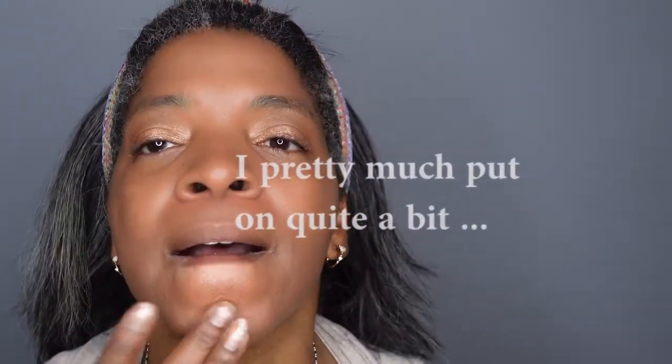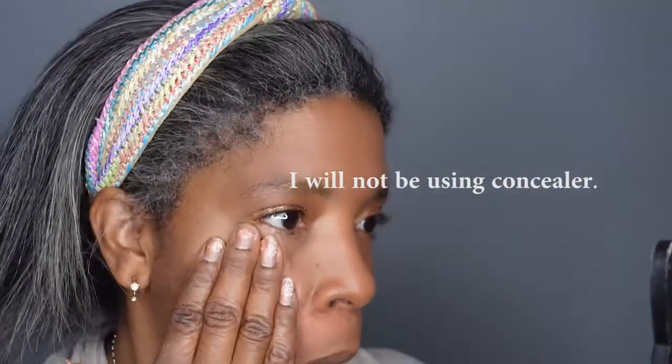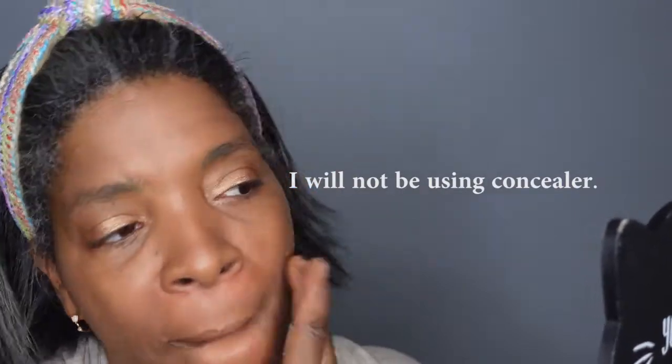I'm going to grab the mirror and just put a little right here. Going to grab the mirror and take a look. And it's tacky enough. I don't mean to slap my face, but it is very tacky, which I like. And I don't think I need concealer. It dries down pretty fast. So take a look at what it looks like. And I think I'm going to do my brows and my...